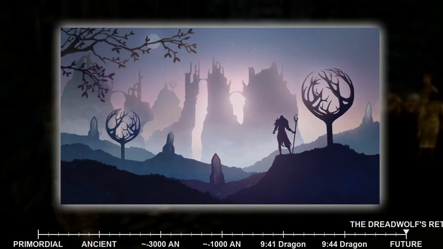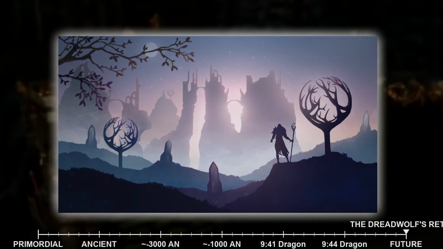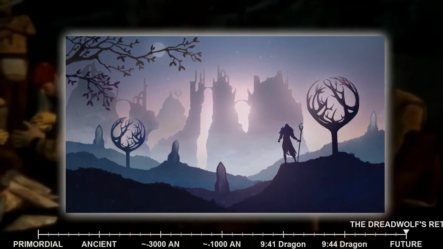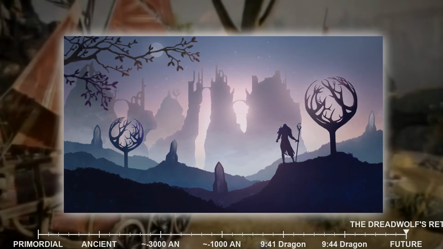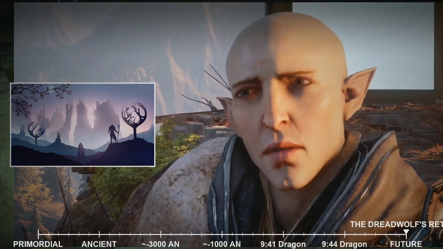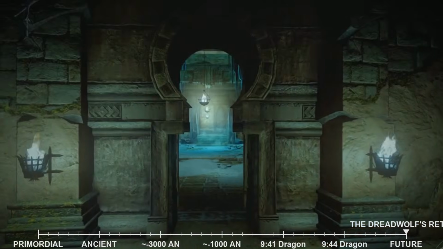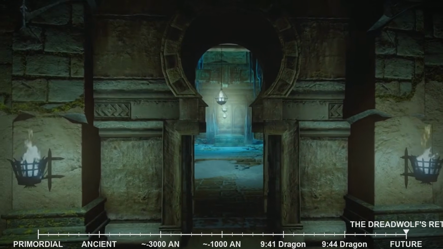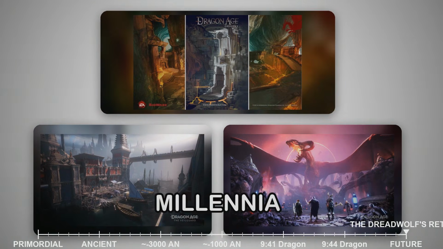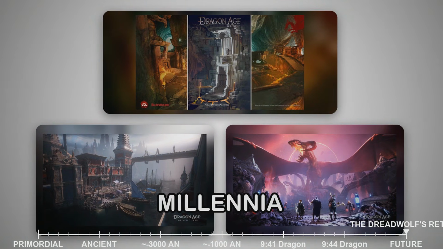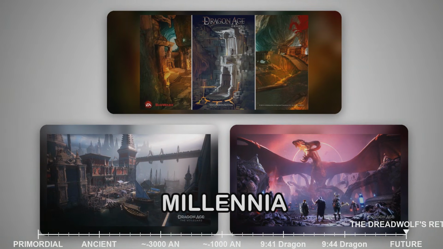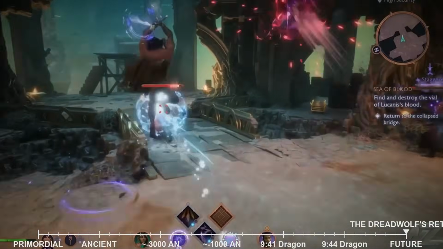From the ancient whispers of the Fade and the shaping of Thedas by the forgotten gods, through the rise and fall of empires, the blights that scarred the land, and the constant struggle for power and survival, to the looming threat of Solas and the dawn of a new age in Dreadwolf, the Dragon Age saga has unfolded as a tapestry woven with magic, conflict, and the enduring spirit of its diverse peoples. This intricate chronology, spanning millennia and countless pivotal moments, reveals a world perpetually on the brink, shaped by both grand cosmic forces and the intimate choices of its heroes and villains. And that is the complete Dragon Age timeline.